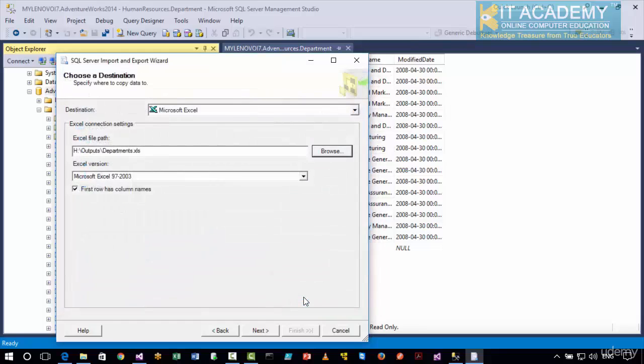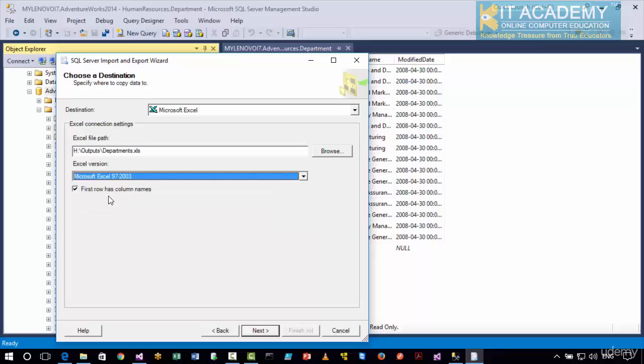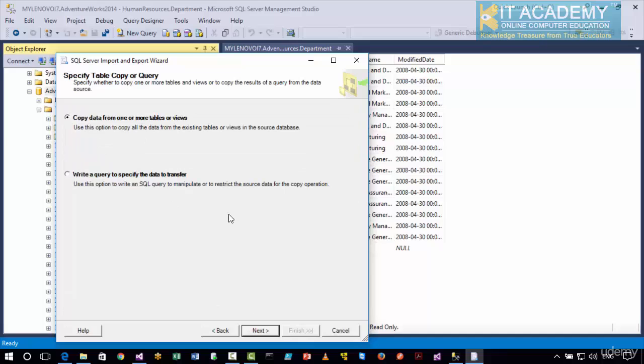Click on Open, and for the Excel version you can choose different versions of your choice, and we also ensure the first row has column names in our output file. Say Next, and would you like to copy the entire data of a specific table, or would you like to write a SQL query by yourself? That's up to you. Say Next,